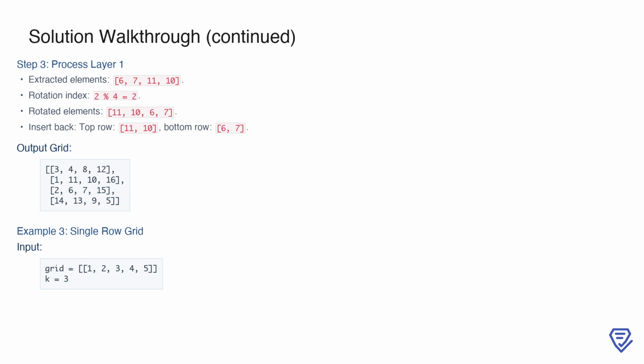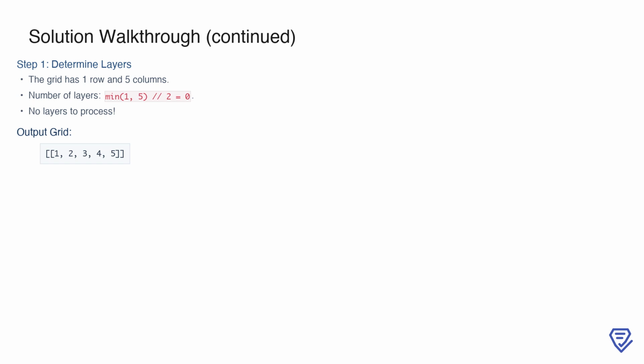Next, we consider a simpler case, a single row grid. In this final example, we have a single row grid with 5 columns, and we are asked to rotate it by 3 steps. When determining the number of layers, we calculate min(1, 5) // 2, which equals 0. This means there are no layers to process in this grid. As a result, the grid remains unchanged. The output is simply 1, 2, 3, 4, 5. This scenario highlights that single row or single column grids do not require any layer-based rotation, as there are no